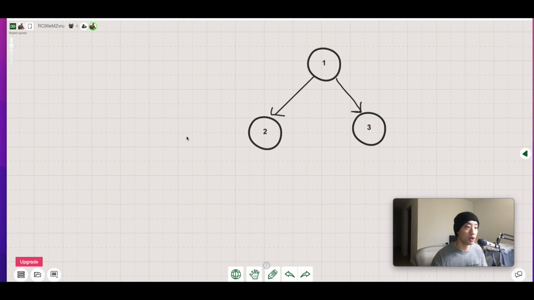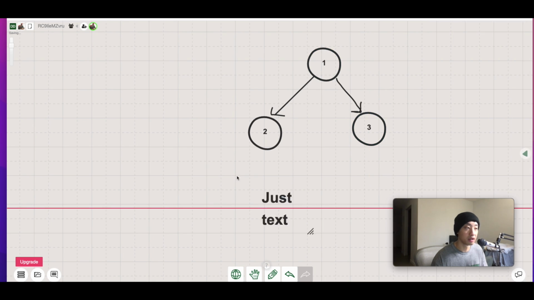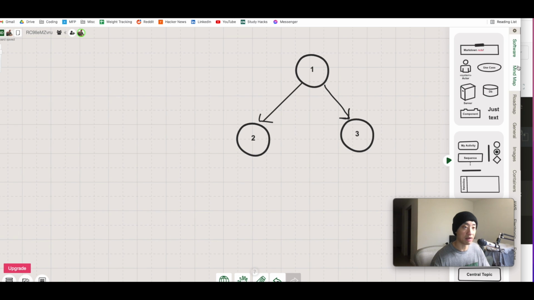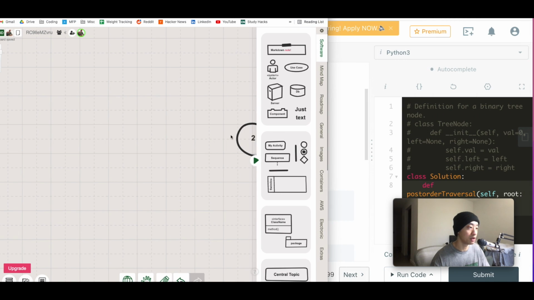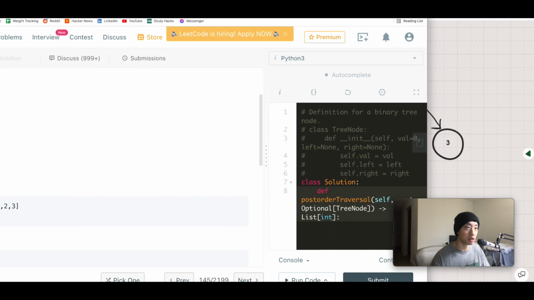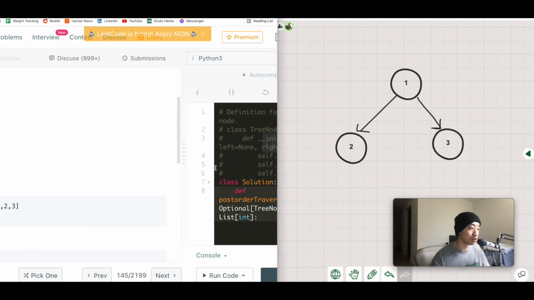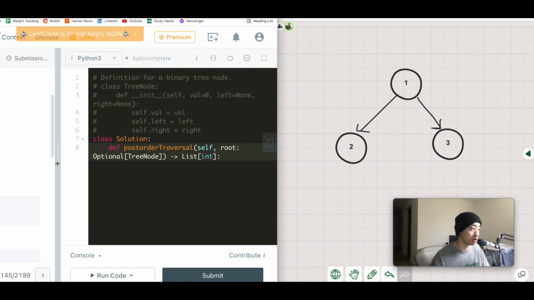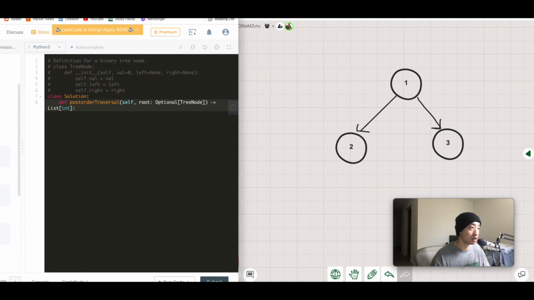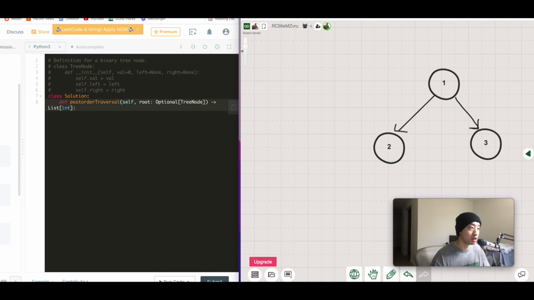Let's start off with, let me get my text here. Actually, this might be a little better if we just go ahead and split this into 2, just because we can have it side to side, like in our previous video. Let me move this over here really quick, just so we can have a code editor to work with here. There we go, a little bit better. Okay, so